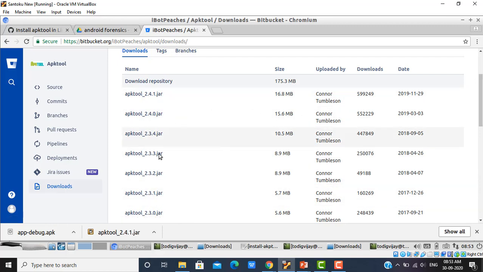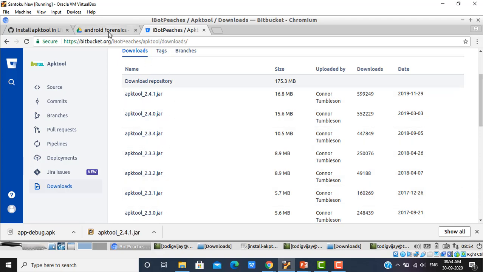Now remember one thing, don't use the older version of the APK tool, because what I observed whenever I do the practicals with APK tool, if I'm using the older version, then it is not able to disassemble your APK file. It won't convert, it will show the error and exit. So please see that you have at least 2.3.1 or any of